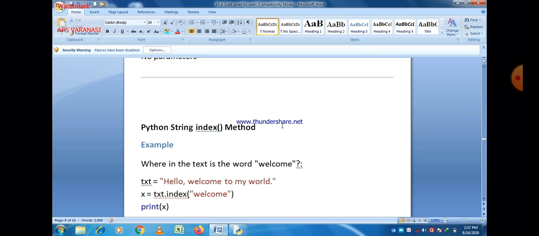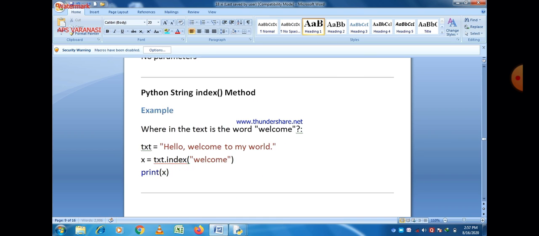Our next method is the Python string index method. This method was already discussed in terms of lists in our previous video, and it is also used for strings. It is a method which is basically used to find the index position of a character. You can see a small program here, in which txt is a variable which contains the string hello welcome to my world,